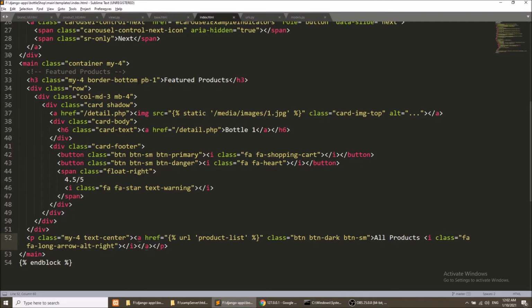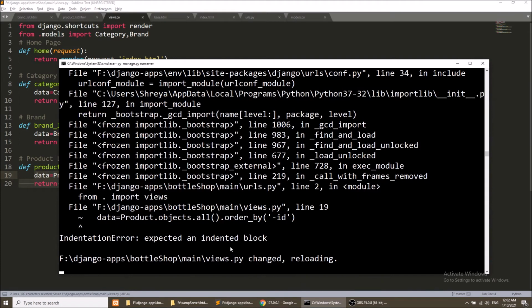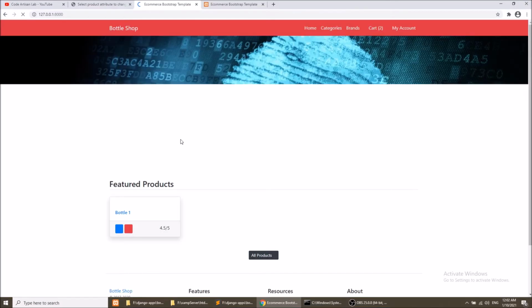Maybe it's an indenting problem, so let's go to the product, and here we will indent this. We will remove this, and we will indent properly. Now it is reloading and successful.